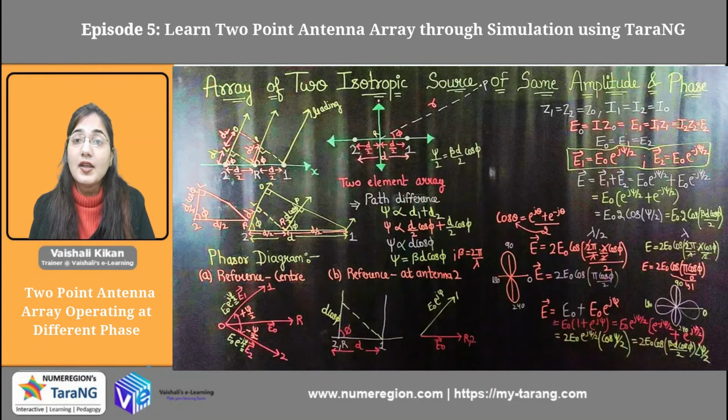Now coming to the theory part. Now we have two antennas, antenna 1 and antenna 2, which are d distance apart. We can choose any distance. As I said in the previous example, we had chosen the distance between the two antennas to be 200. I am taking the reference to be at the center. In that case, the reference was at antenna 1. So now when the reference is at the center, what will happen?